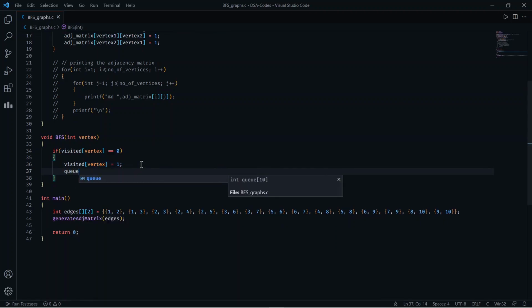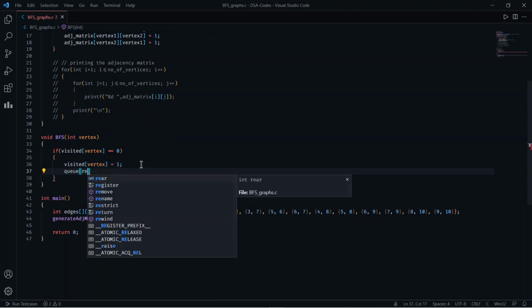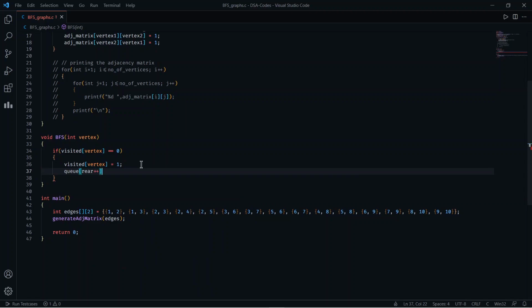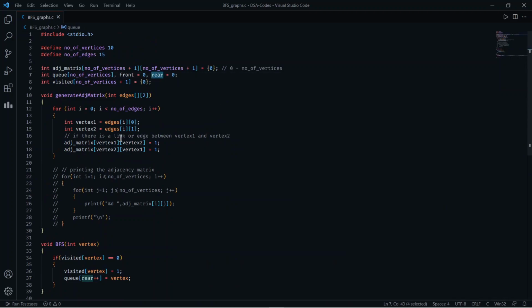So let's write like this: queue of rear plus plus equals to vertex. What I am doing here is I am putting this vertex into the queue by doing the simple operation queue of rear plus plus, that is store this vertex at the position q of rear and then increment this rear pointer or this rear variable which I am declaring here.